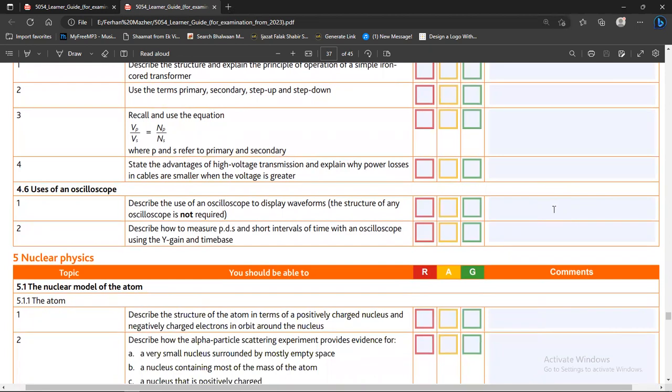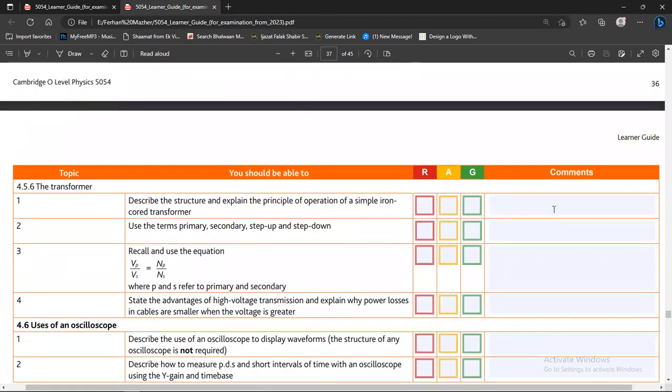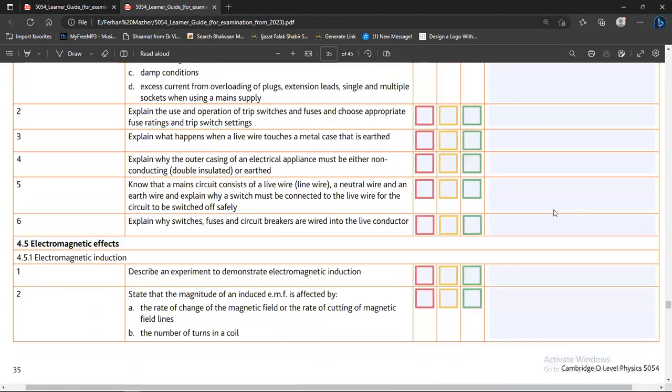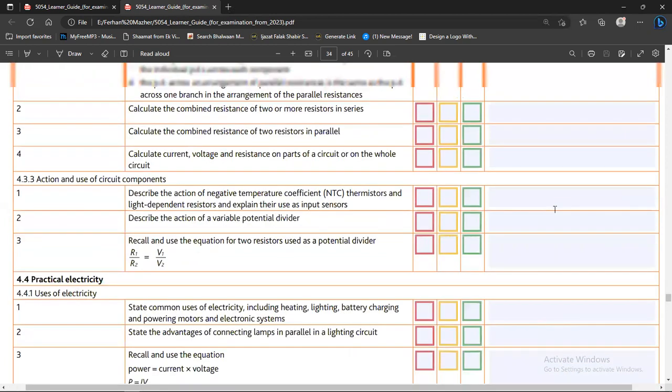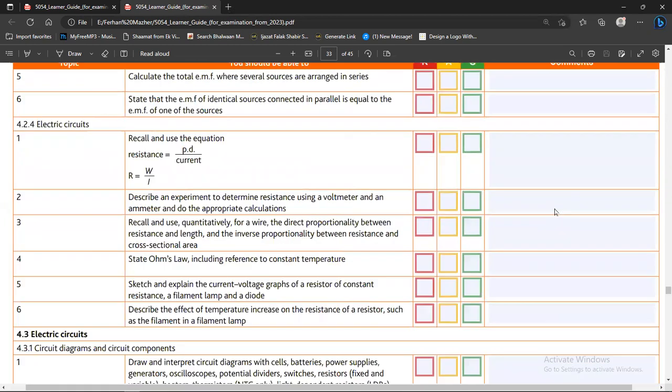Uses of an oscilloscope. Describe the use of an oscilloscope to display waveforms. The structure of an oscilloscope is not required. Describe how to measure potential differences and short intervals of time with an oscilloscope using the Y gain and time base. So my dear students, this was all from topic number 4 of the syllabus Physics 5054 of the